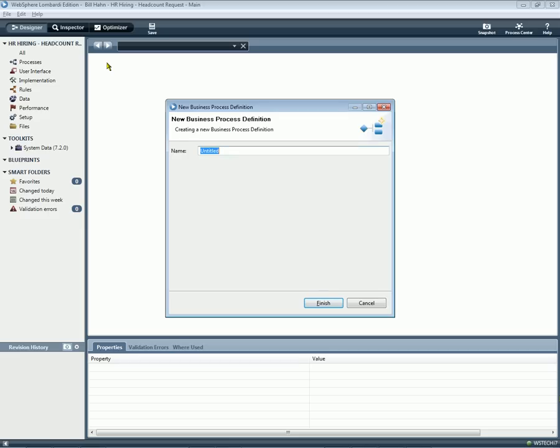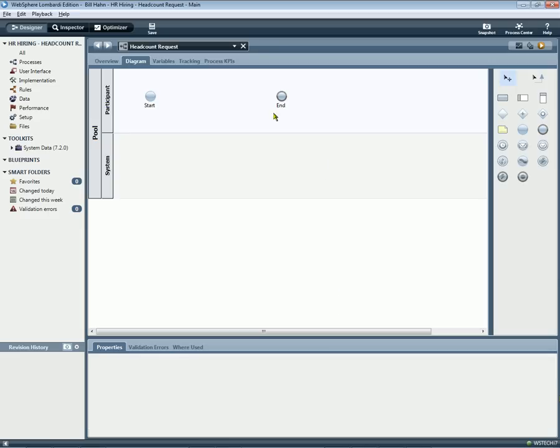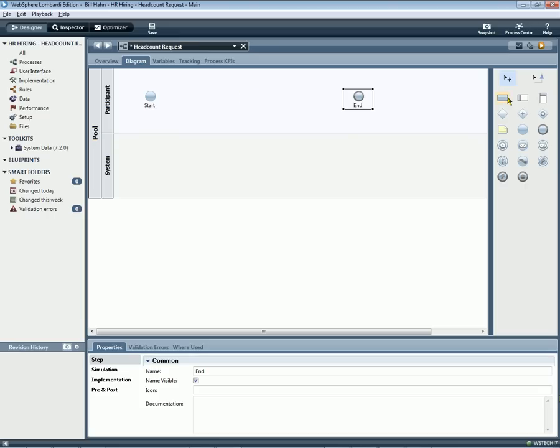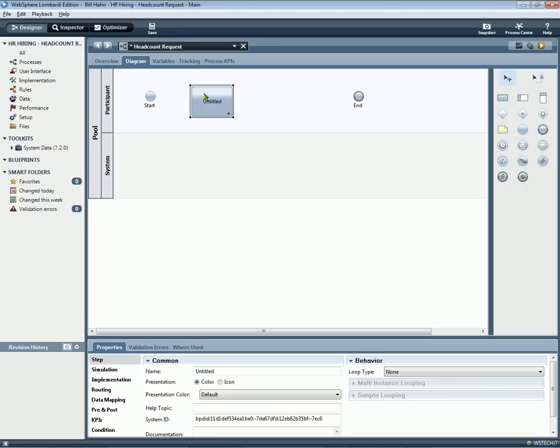Let's create a new business process definition. We'll call that headcount request. And we'll start simple and grow fast. So let's first start out with two activities. These first two activities will be called request headcount and review headcount request. For now, we'll just keep them in the same swim lane and see if we can run this as quickly